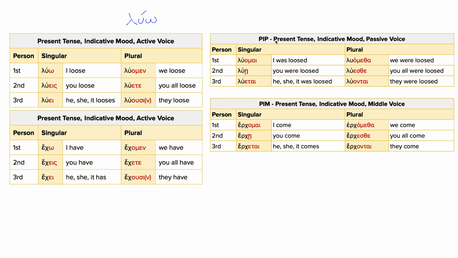All right, let's look at our present indicative passive voice. We add omai, luomai, lueï with our little iota subscript, luetai, luometha, lueesthe, and luontai. Now this you should recognize from the previous slide. We had some antai examples with are cleansed, are raised, are being evangelized. Erchomai is our lexical form. You just take off the omai part and replace it with etai, ometha, esthe, ontai. All right, so those are going to become more and more familiar to you as we go along. But erchomai, erche, erchetai, erchometha, erchesthe, erchontai.